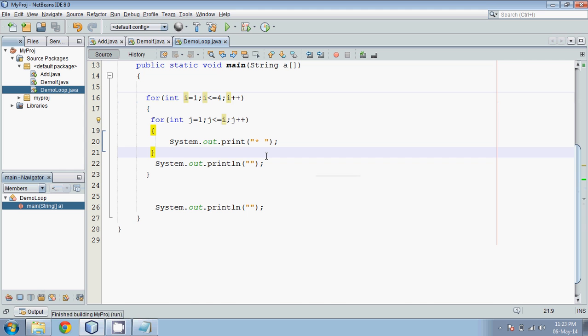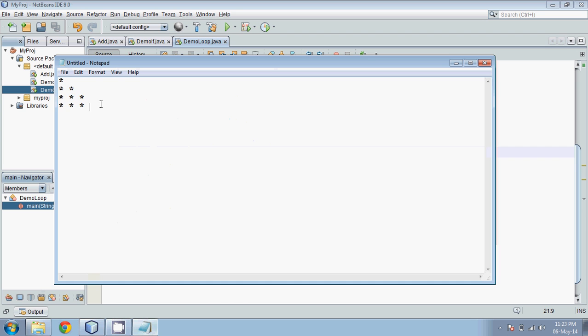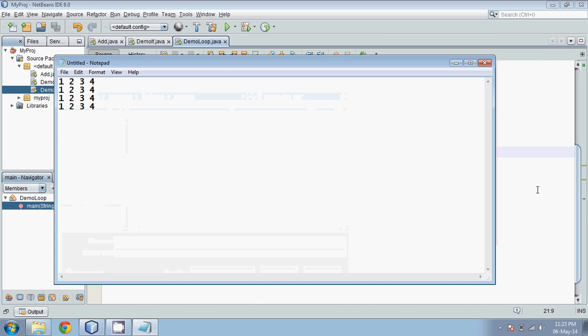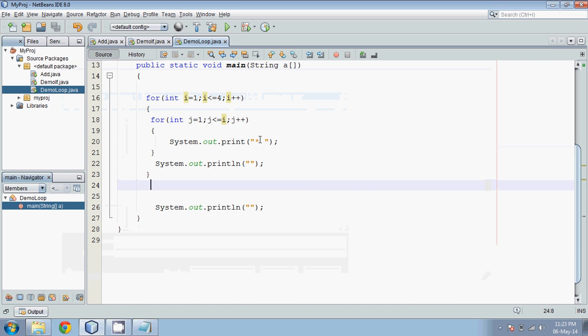This is what we can demonstrate more about for loop. We'll see one more output. Now this time we'll not print star, we'll print the values 1 2 3 4, 1 2 3 4, 1 2 3 4, and 1 2 3 4. Now what we can see here is, instead of printing star, we are printing numbers. So for this, instead of printing star,